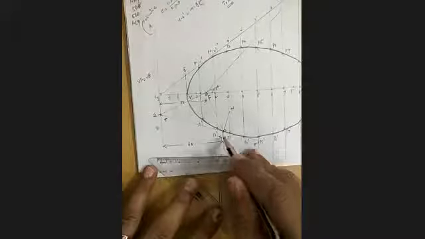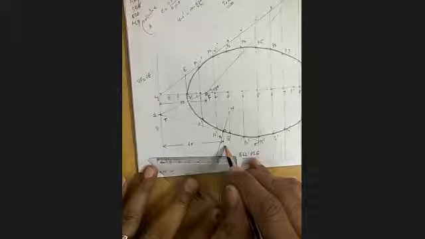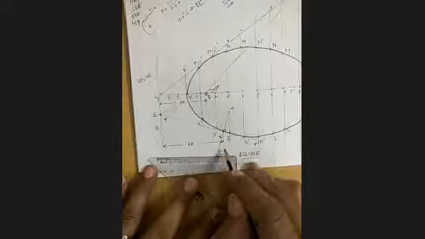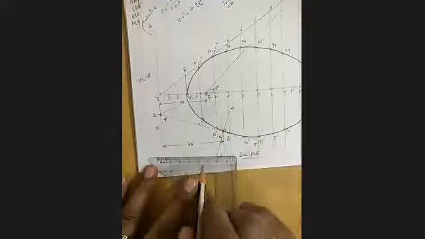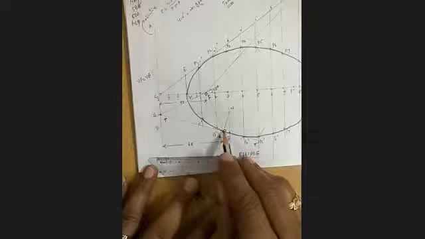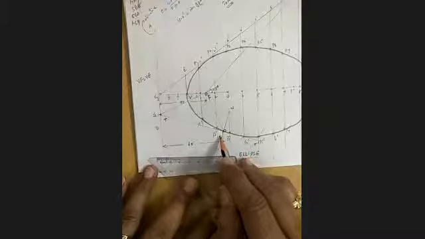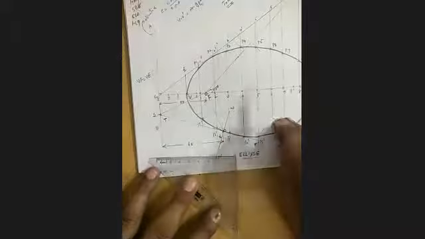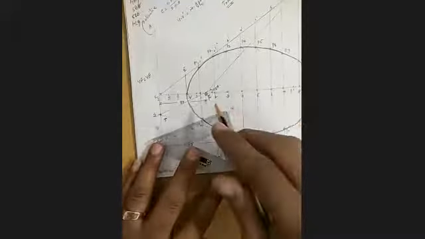This directrix line and this vertical line, both are parallel. I drew one parallel line 65 mm away from the directrix, and that parallel line is cutting the curve. It has to cut the curve only. The point where it cuts the curve, name it X. Join X with F, that is the focus. After joining, you have to draw 90 degrees. Keep your mini drafter.